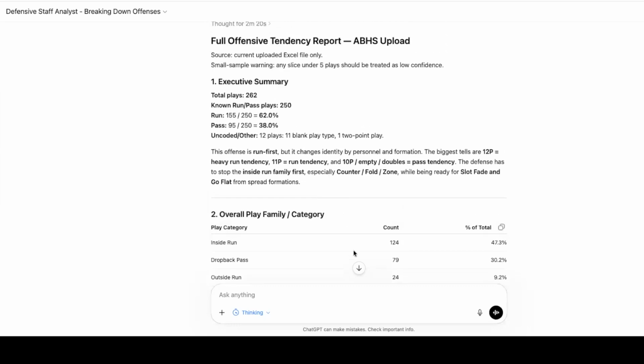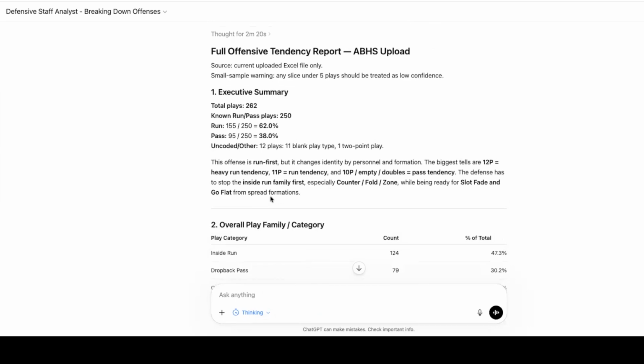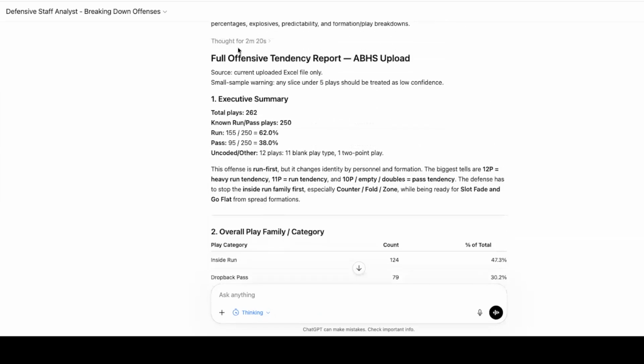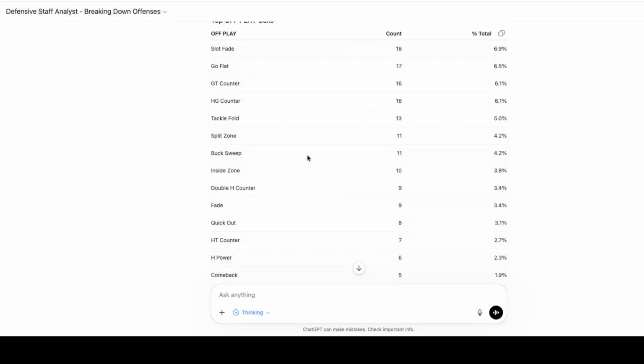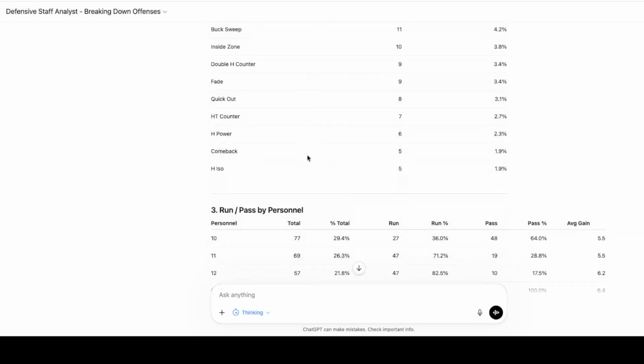We take the data. Okay. How does this work? You're going to take the Excel file, the data, click export from your video program, and then you're going to import it into here. One click. I click, boom, upload, bang, it's done. About a minute and a half later, 2 minutes, 20 seconds, it gives me the report based on the instructions. So whatever you want to see, you can copy and paste what I have, or you can tweak it.